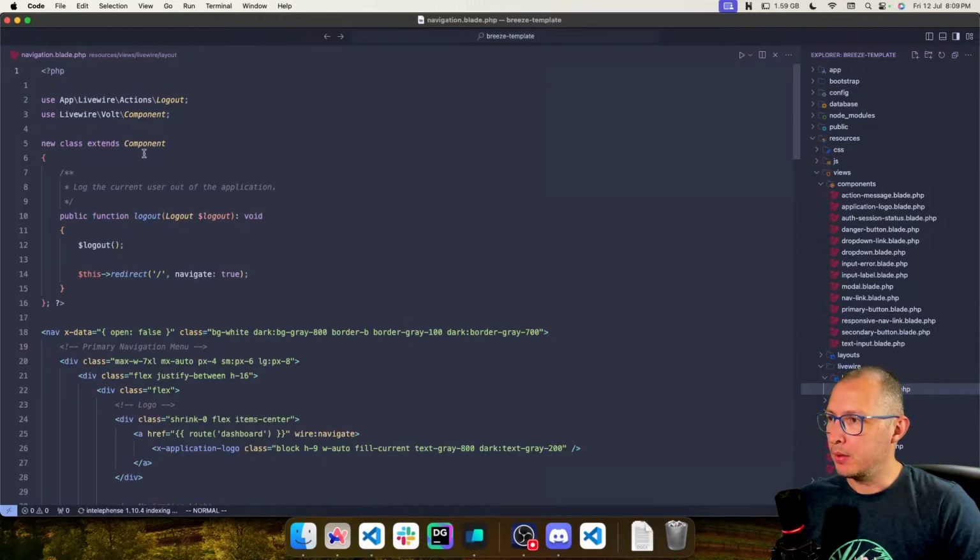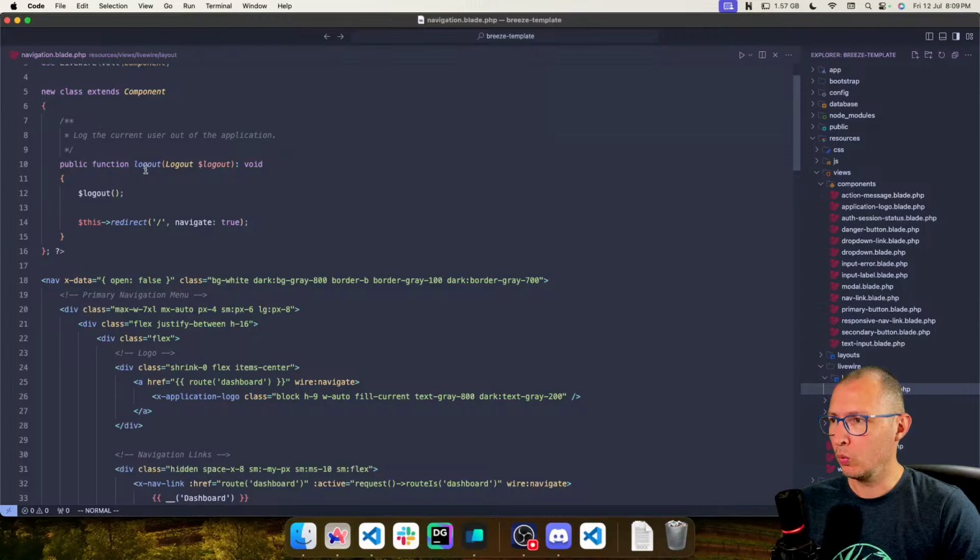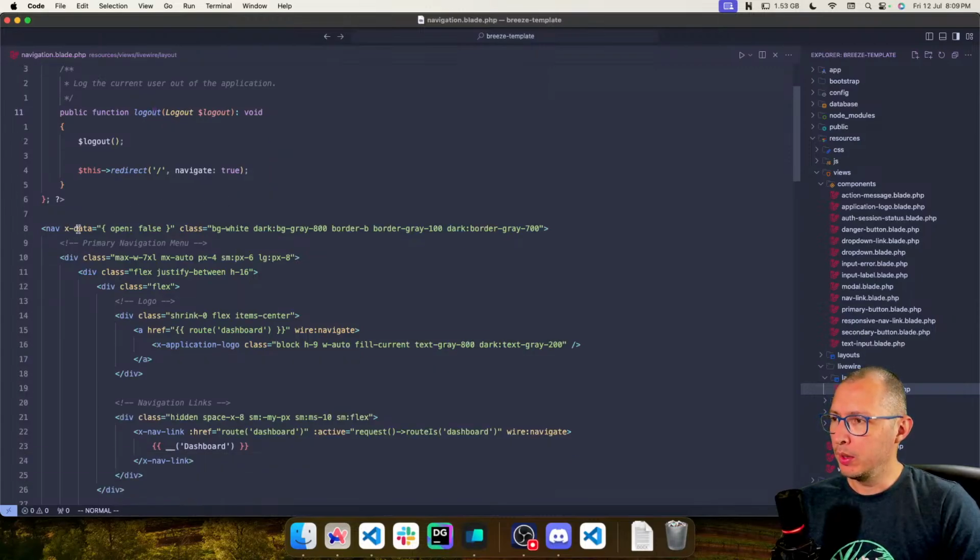I think this is it. New class, this is just a Livewire component. It's using Volt, but it's still a Livewire component. We have a logout method here. We have an Alpine.js component that is controlled with the open property. That's the dropdown. If you click on it, it'll open up a dropdown with the logout link. And